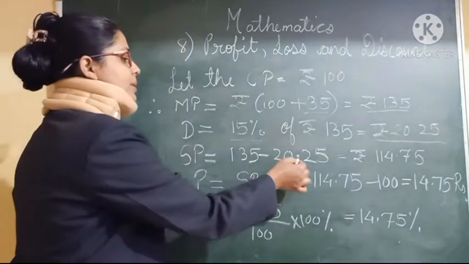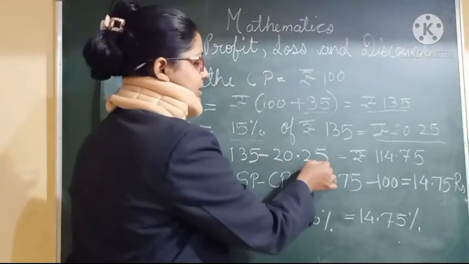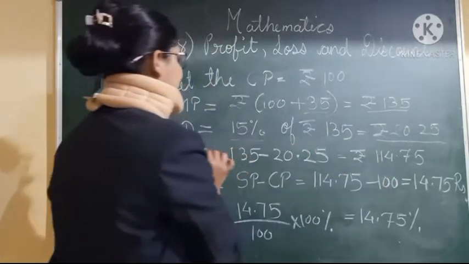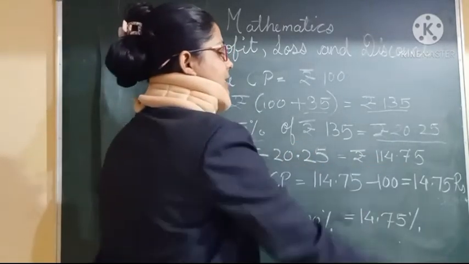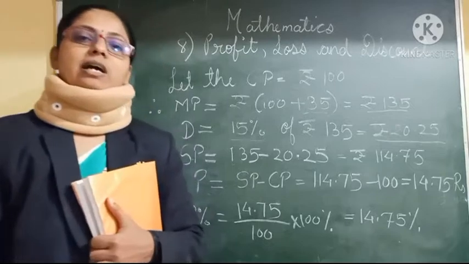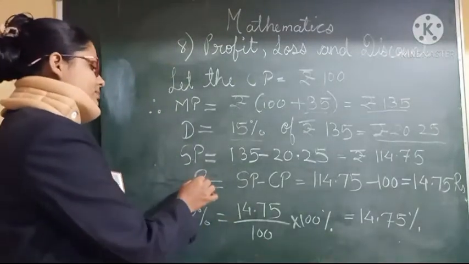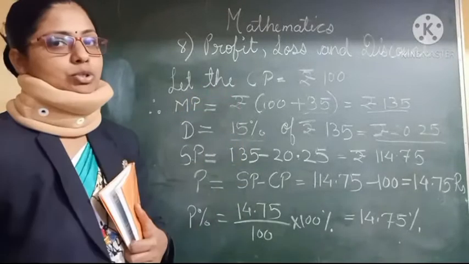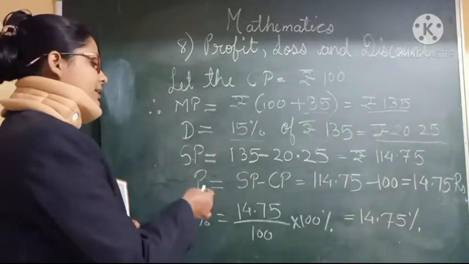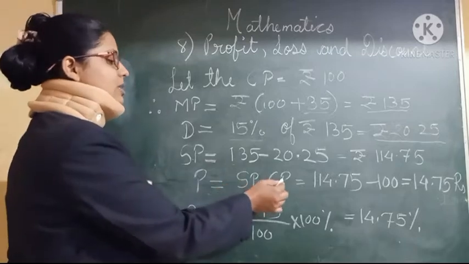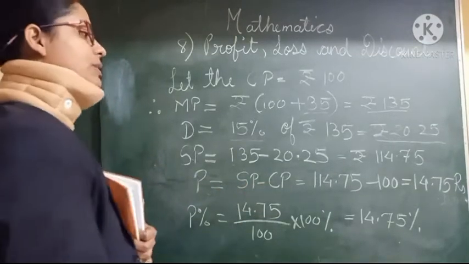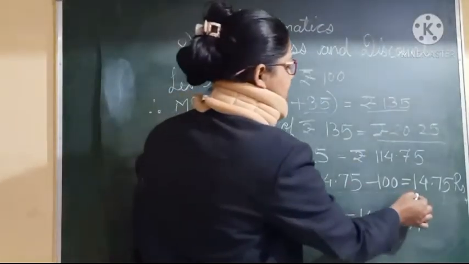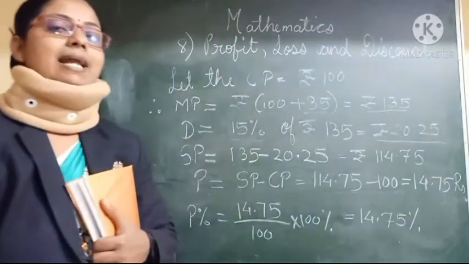20.25. So 20 rupee point means 20 rupees 25 paise, and when we subtract this, we get the answer as selling price, that is 114 rupees 75 paise. Then profit on this: how much profit is he getting after putting the discount also? So how much is the profit here? Selling price minus cost price, this formula we know. So by putting the values, we are getting the answer as 14 rupees and 75